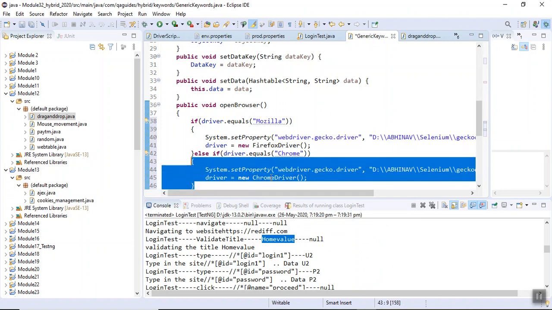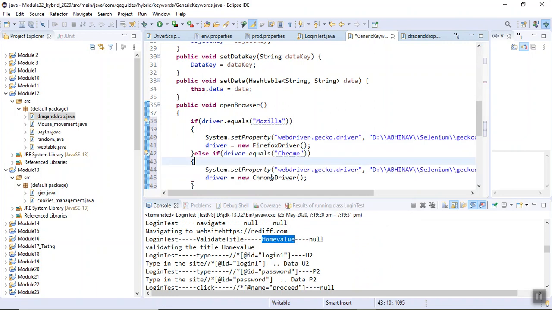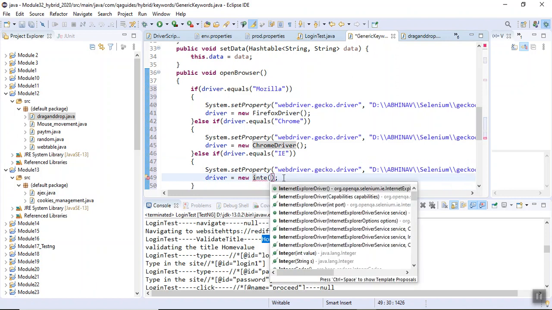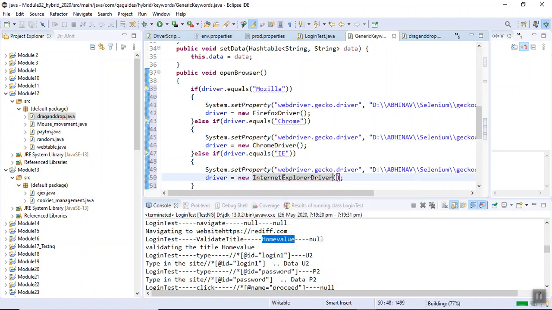Else if it is going to be IE, it will be IE driver, and we need to give here the Internet Explorer driver. Remember, I have told this code multiple times.